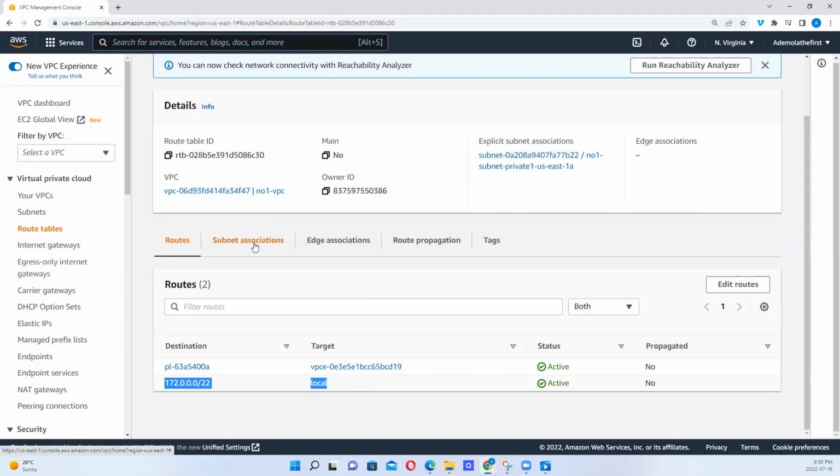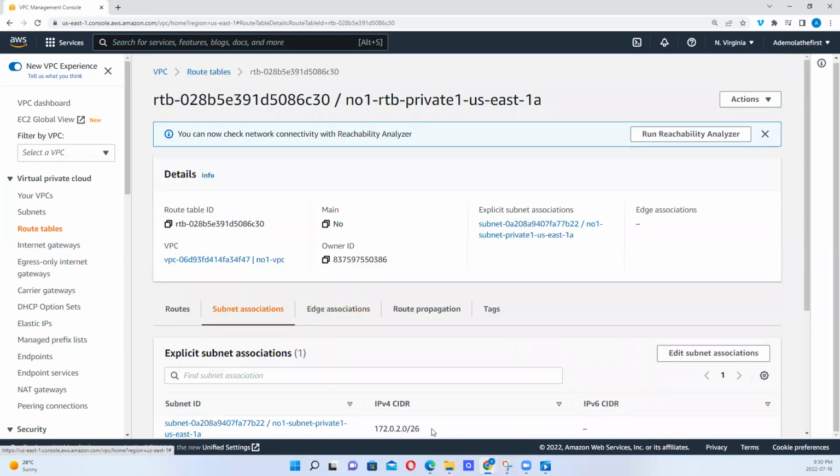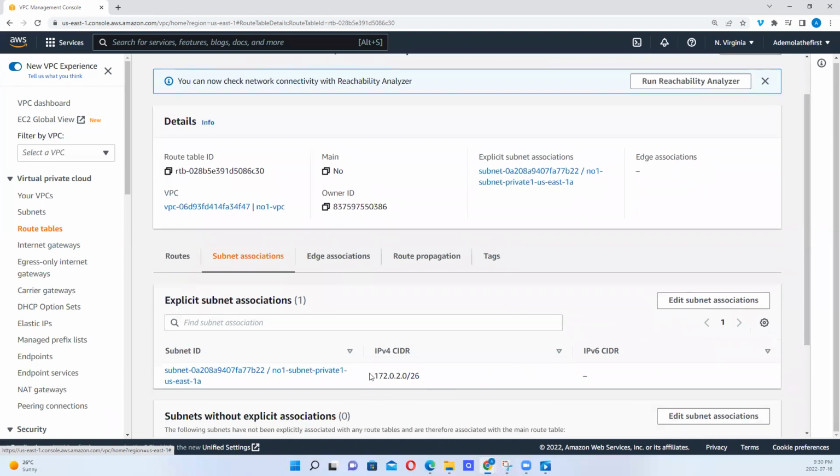So let's look at the Subnet Association. I want to show you something. You can see right here, for the private, something changed. We still maintain something similar, but instead of using 0 here, we use 2. Why are we able to use 2? We didn't use 1, we just jumped to 2. It's possible because there are still many resources available between 1 and 64. So after that, you still have as many as